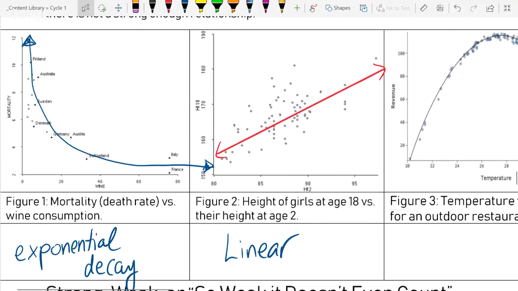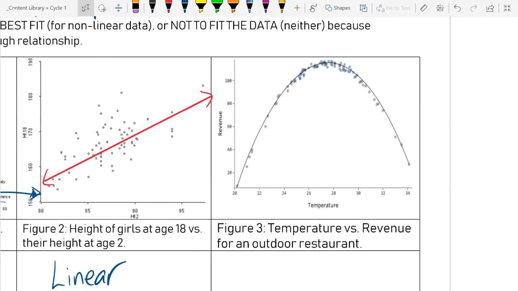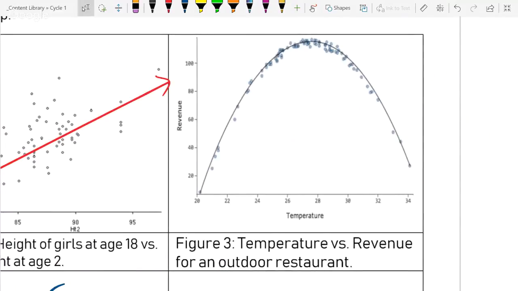Totally true. And this one, this is neat, because I used to do this for a living. So I have a lot of examples like this. This is actually a really interesting one. Temperature versus revenue for an outdoor restaurant in degrees Celsius during the summer. And what we find is, if it's chillier, people like to go inside. Also, in the summer, chilly days are often chilly because it's